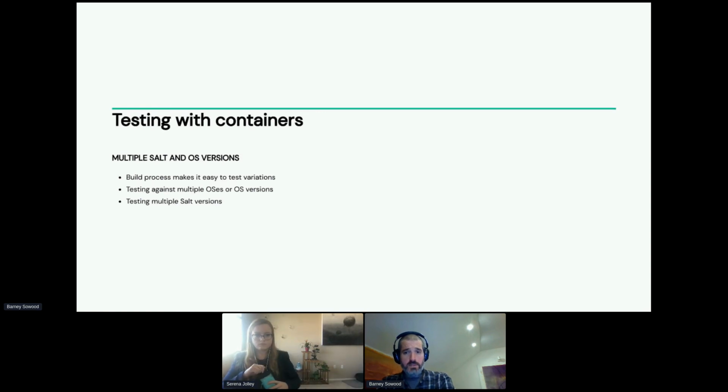What also becomes much easier is testing against multiple versions of Salt. So this is really well worth doing, as unexpected breaking changes do happen between Salt versions. Again, you can do this well in advance of rolling out a new Salt version. You can even add in testing against release candidates, which I'm sure some of the core team would appreciate if people did more. And this does genuinely help you catch issues.